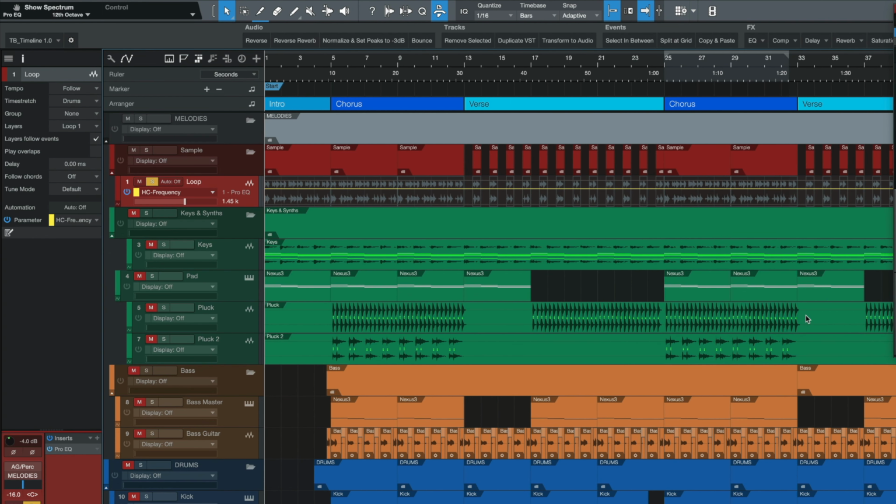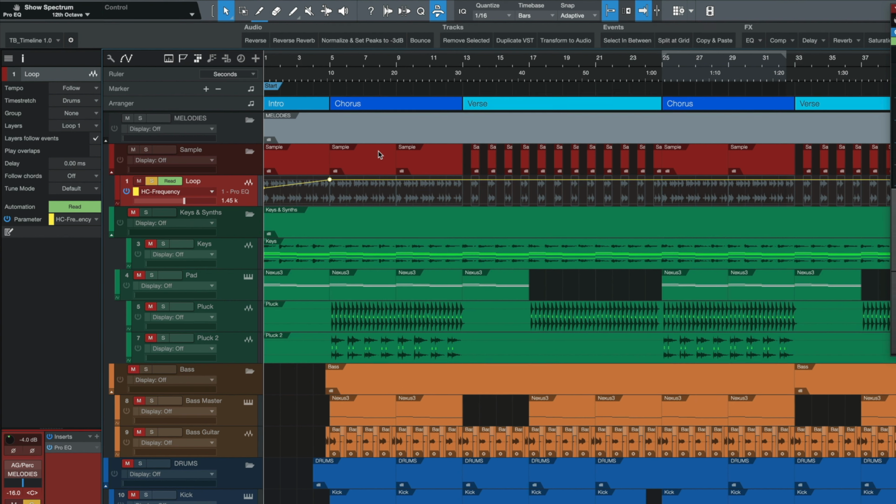Once you are here, you can start to draw your automation on the automation lane. So let me do that real quick by placing 2 points here where I want to start, and then 1 where I want to end. Now, because we had already set the EQ high cut band to the starting frequency, any points that I initially add on here will already be at that starting frequency, so I don't have to do anything for my starting point. For my end point, all I have to do is basically just raise it so it opens up, and then we're basically done. Let's take a listen.